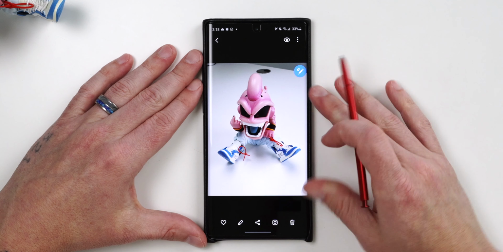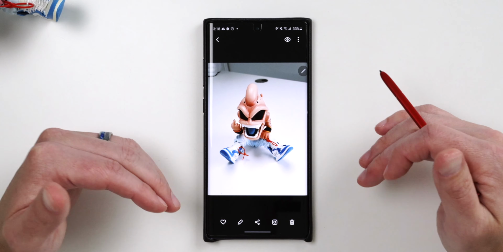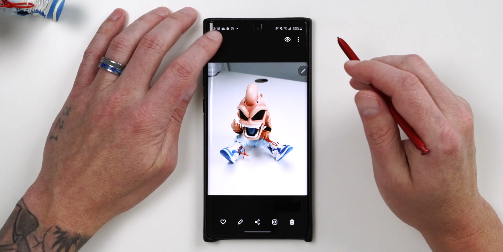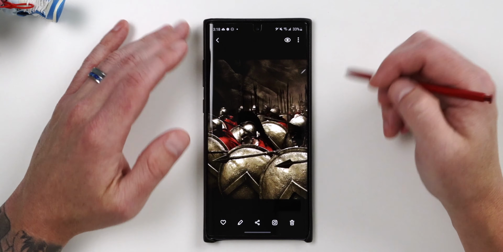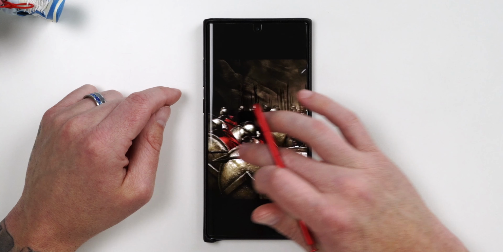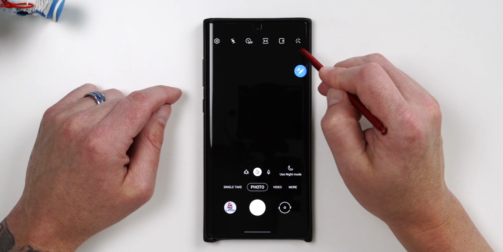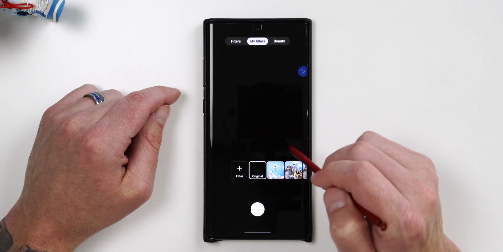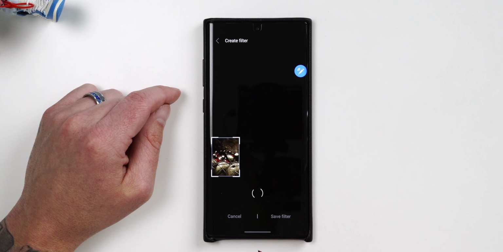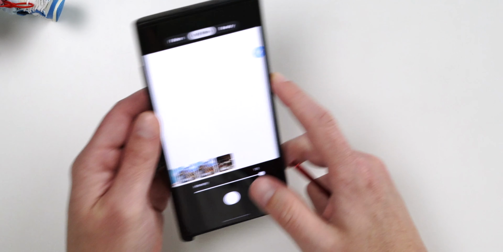So this is original, no filter applied, and this is with the filter that I created based on the image that we selected. Now you can take this one step further and download a scene from one of your favorite movies, like here's one from 300. So if I go back into the camera interface, select the wand, go under My Filters, hit the plus sign, select the movie scene, hit Save Filter. Now, if I take a quick shot,